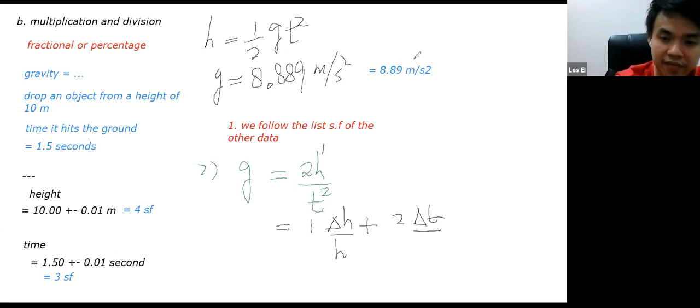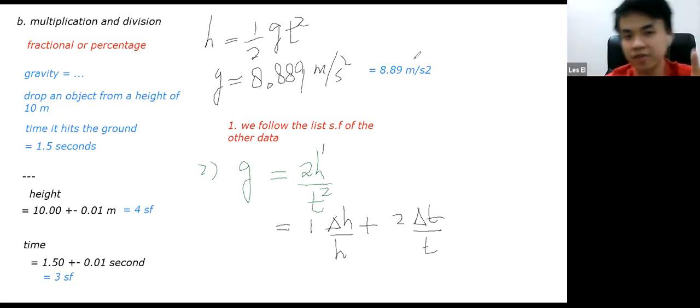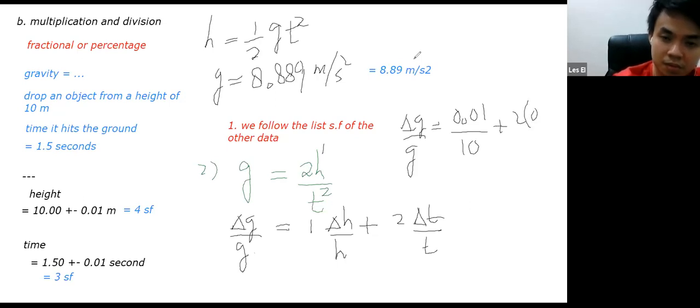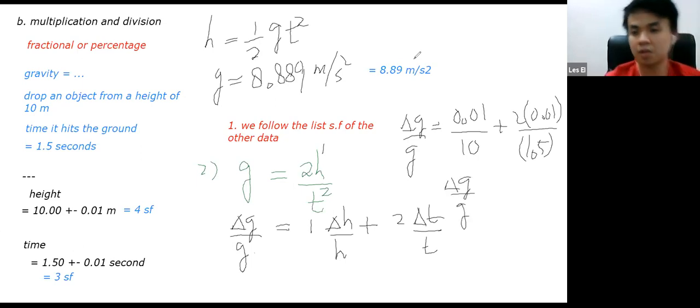Understand where the number is coming from? The number, or the coefficient, is the power. Then what is the uncertainty of the height? 0.01. Then you can calculate the fractional uncertainty for the gravity. So the fractional uncertainty is